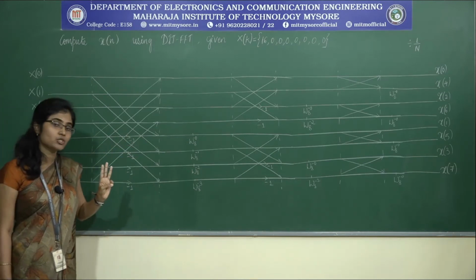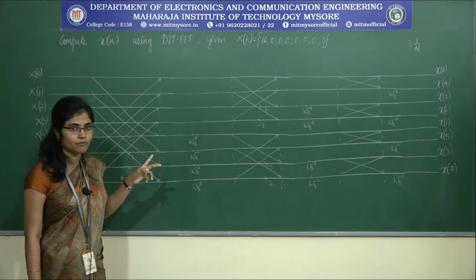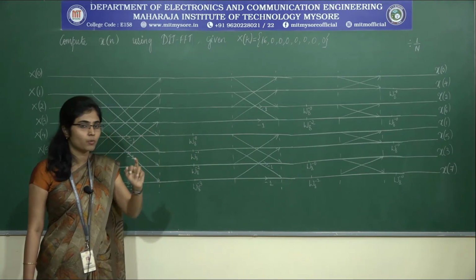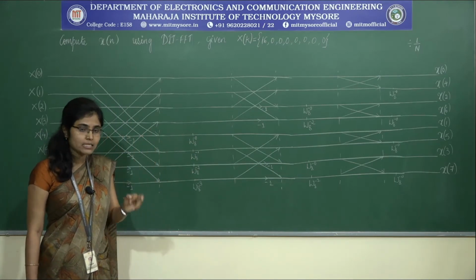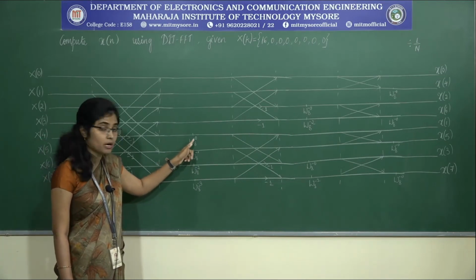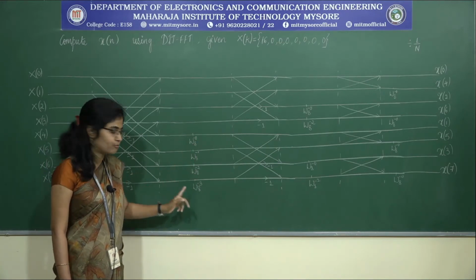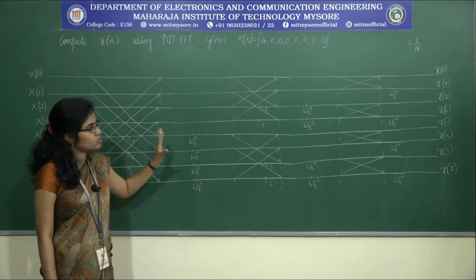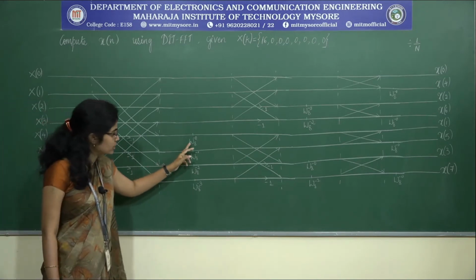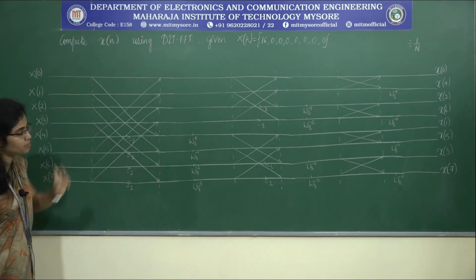And the third important thing which you need to keep in mind is, whenever we find out DFT using DIT FFT algorithm, the omega powers were omega 8 power 0, omega 8 power 1, omega 8 power 2 and omega 8 power 3. Whereas whenever you try to find out IDFT, it will be omega 8 to the power of minus 0, omega 8 to the power of minus 1, omega 8 to the power of minus 2, omega 8 to the power of minus 3. So these are the three differences which you need to keep in mind. Before starting this problem, you need to compute all these values as we did in the DFT problems also. Now I will start the problem directly.